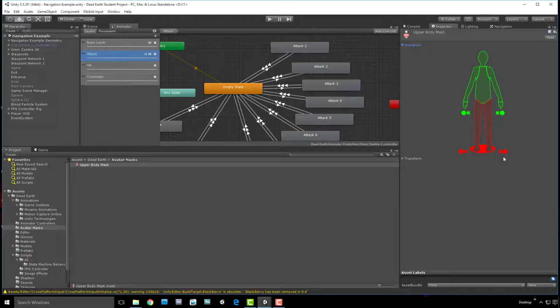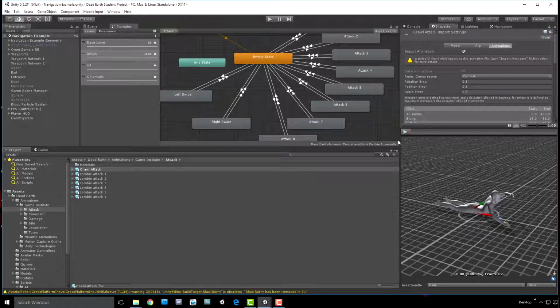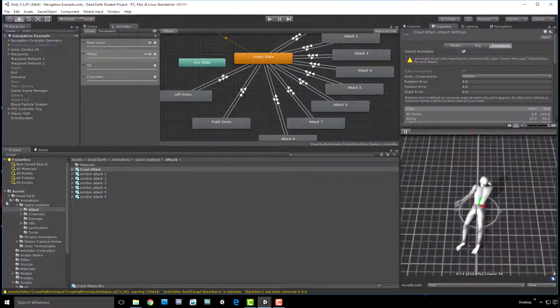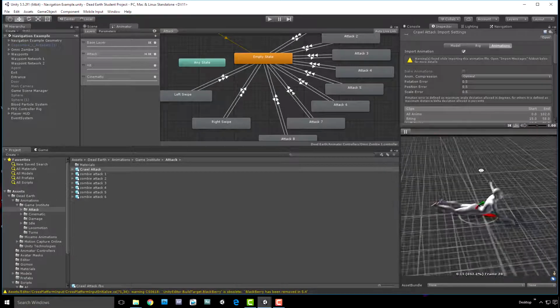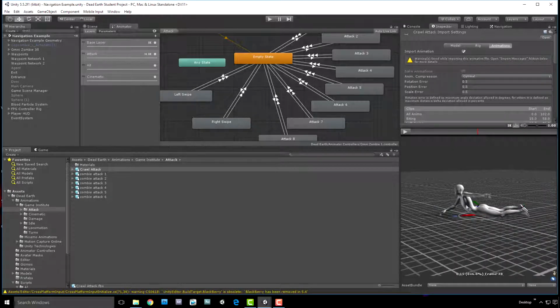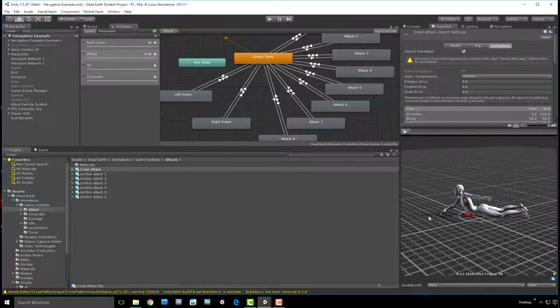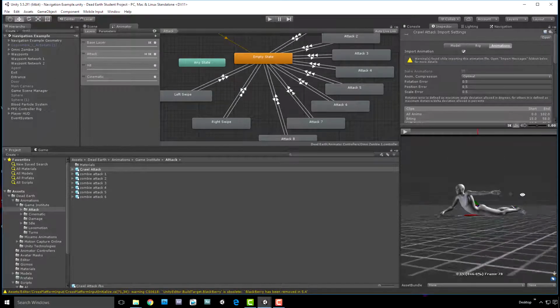However, when we use this upper body mask on the crawling animations, especially the crawling attack animation that we are using, we get this problem where the hands are going through the floor. But why is this? Because if I open up the left swipe animation, we can clearly see that the hands are not going through the floor on the original animation. But what's probably happening here is that by using that mask, we are masking off some bone rotation in the lower body, and it's not allowing the upper torso to rotate up quite as much as it needs to, which means obviously when the hands come down, they're slightly lower than they should be,